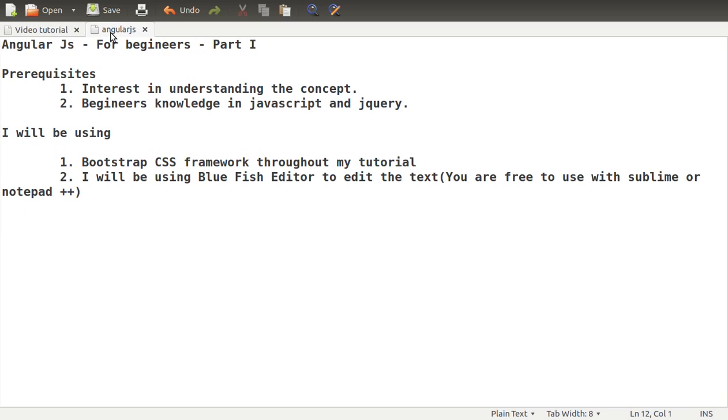So in this tutorial we are going to see about AngularJS. This is AngularJS part 1. The prerequisites are, first, an interest to know what AngularJS is, and second, a basic knowledge of jQuery and JavaScript. Before we enter into AngularJS, we need to understand the difference between jQuery and AngularJS. Both are client-side